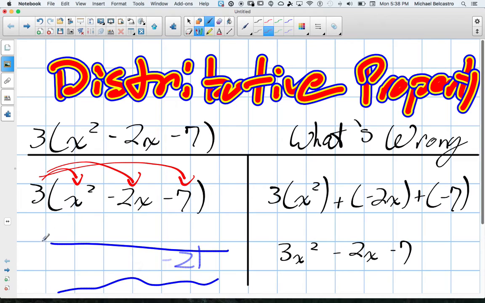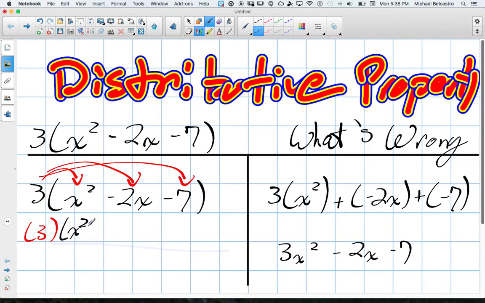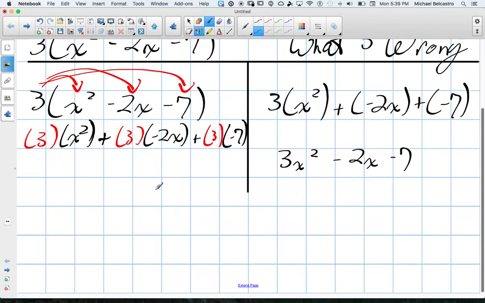If you can't, think of it like this. We have 3 times the first value in the brackets, x squared. Okay. Then we're going to add, we always technically add things in that. 3 times negative 2x. Okay, and then we add again, technically, 3 times negative 7. Okay. Now this is a more complex and a bit harder of a version to do, but it is step